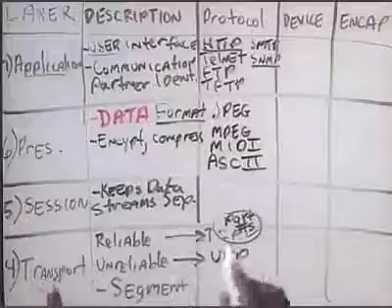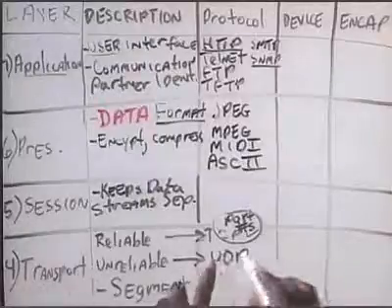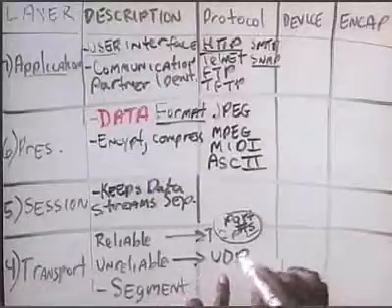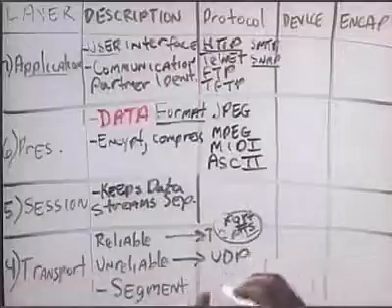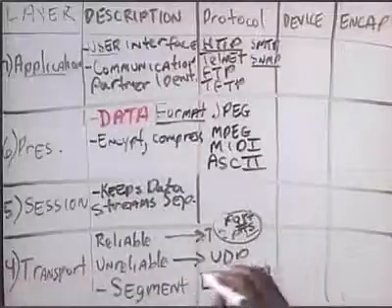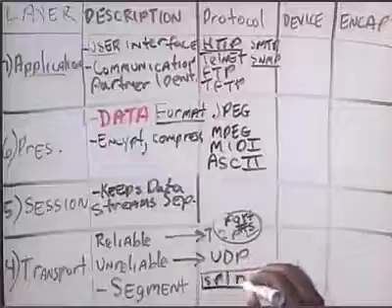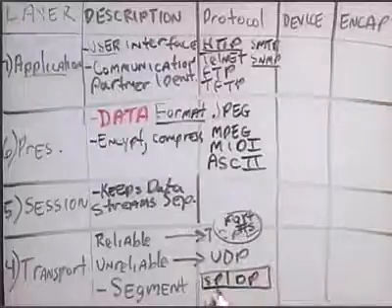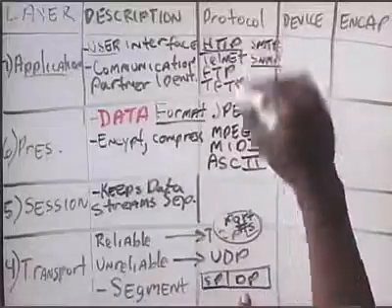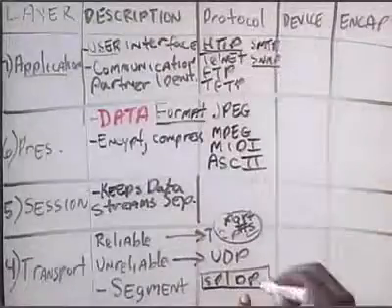At layer 4, the TCP and UDP headers, they're port numbers that are being used. There's a source port number and a destination port number. These port numbers indicate a particular application at the upper layer here. For instance,